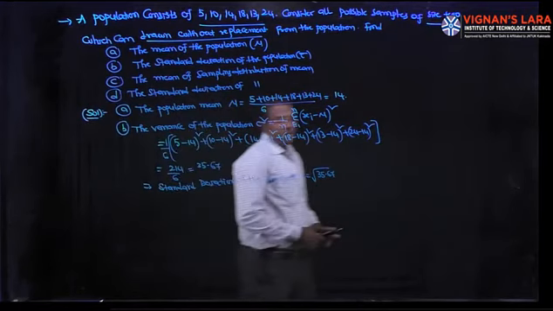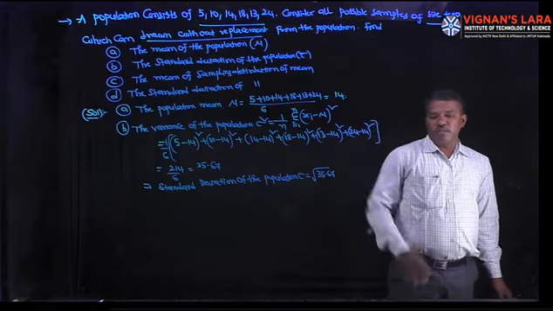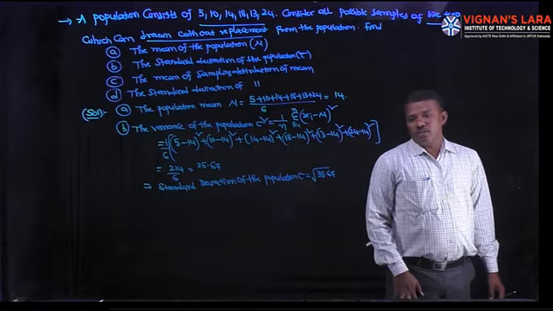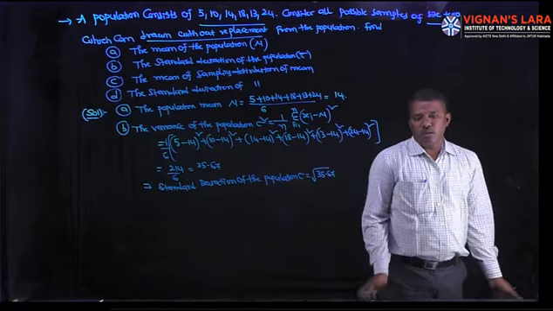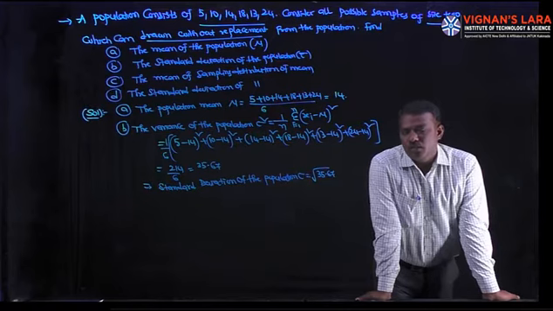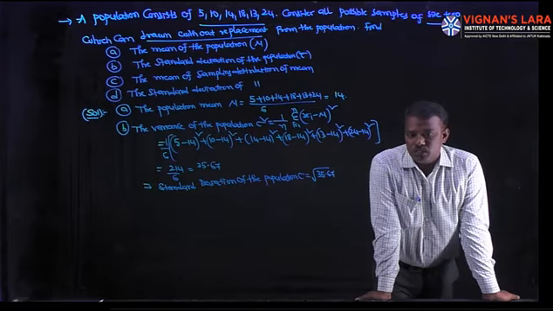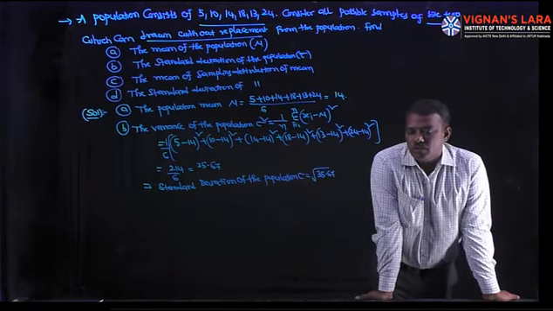The first part is the mean of the population, which is direct: the summation of all the elements divided by their number. The answer is 14. Next, the variance of the population, sigma square, has the formula 1 by n, summation of xi minus mu whole square, the sum of squares of deviations of each element from its mean. The mean is mu, that is 5 minus 14 whole square plus 10 minus 14 whole square, and so on up to 24 minus 14 whole square, divided by the total number 6, which is equal to 35.67. The standard deviation is sigma, root over 35.67.